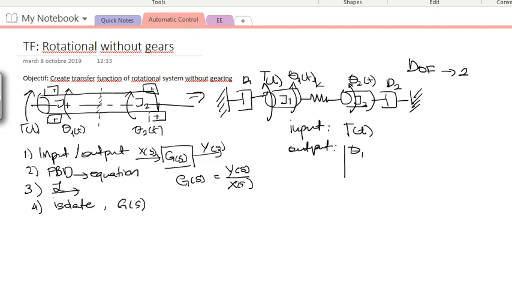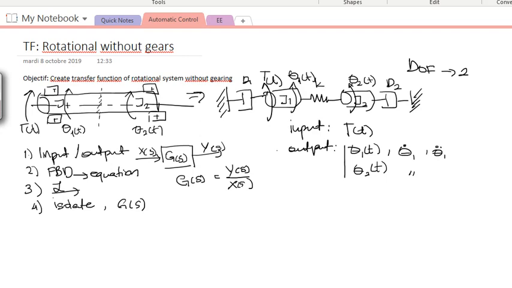It's either the resulting angular position of theta 1, or the position of the second mass, theta 2. And of course, as we have seen in previous classes, you can also find the variation of theta 1 and theta 2, which is theta 1 dot and theta 1 double dot, the same as well for theta 2. Okay, so we've now defined what is the input and what is the output. Next, what do we do?